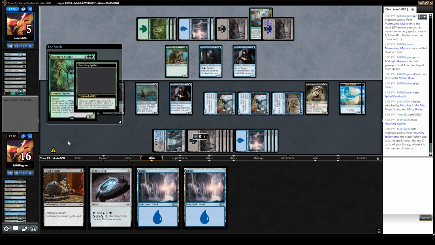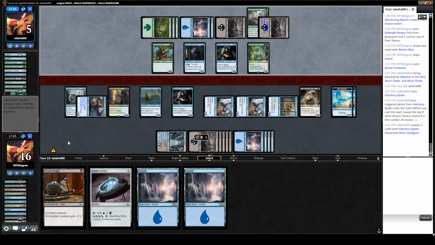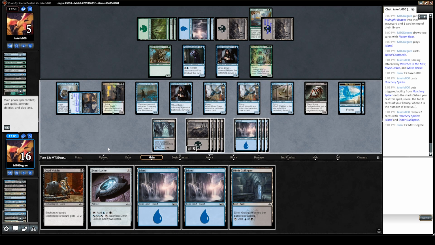This is huge. Hatchery Spider. That is particularly good right now. Dang. We've been eating away at the library with this Blood Operative, though, so kind of annoying for him. Okay, so Hatchery Spider, man, that's pretty good. I think they could just be dead, though. Like,